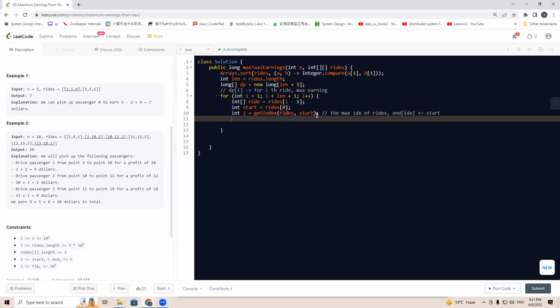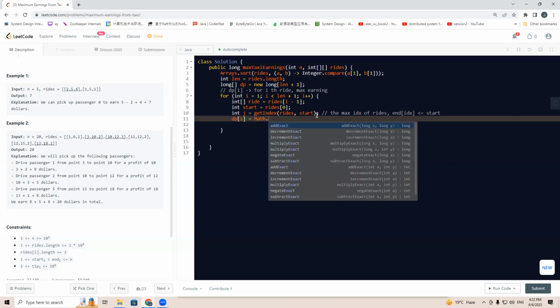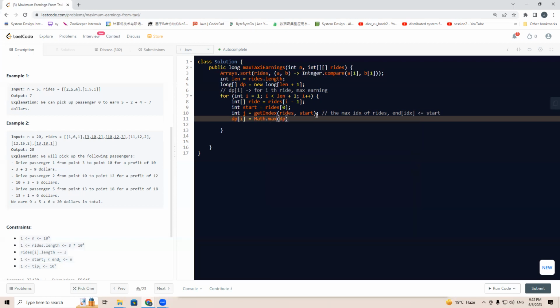So in this case, we know dp[i] will be max of dp[i-1], that is we do not select this right, or dp[j]